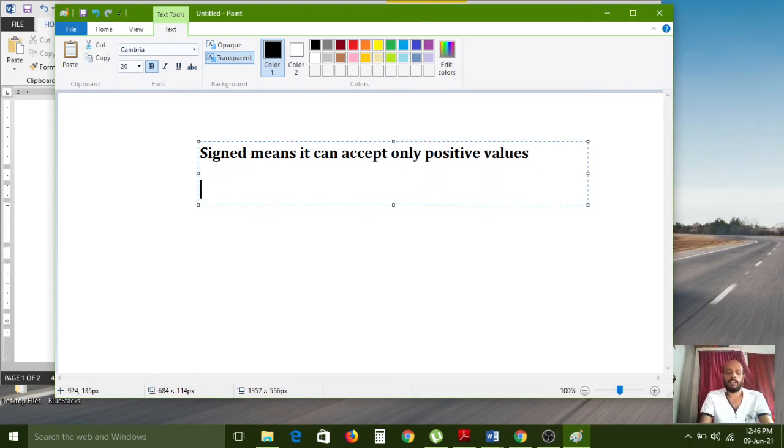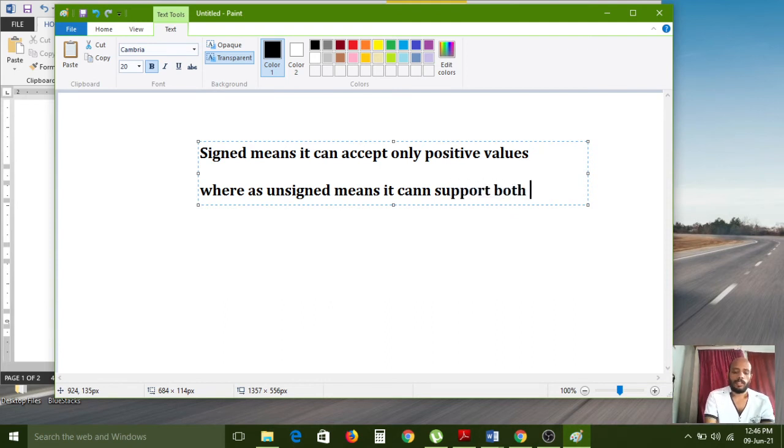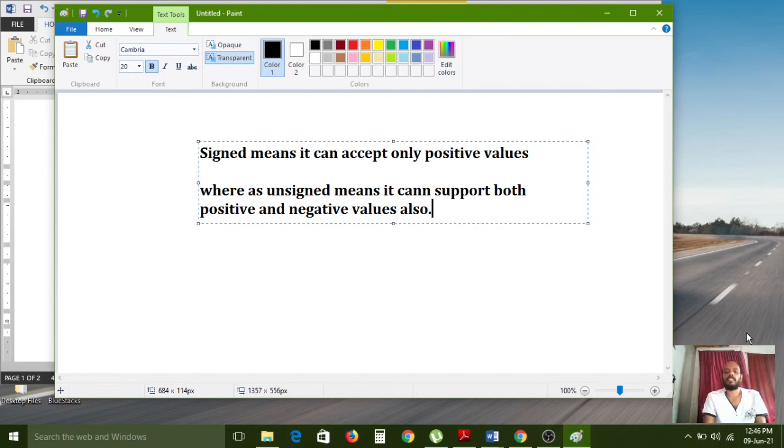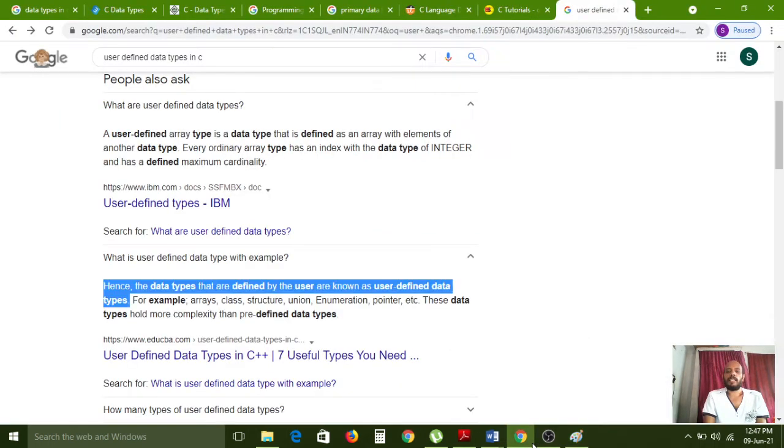But unsigned means it can support both positive and negative values also. Understood? So that is the difference between signed and unsigned.